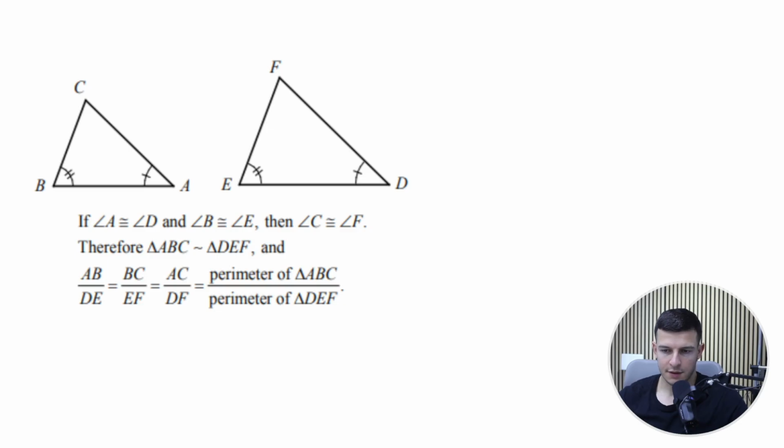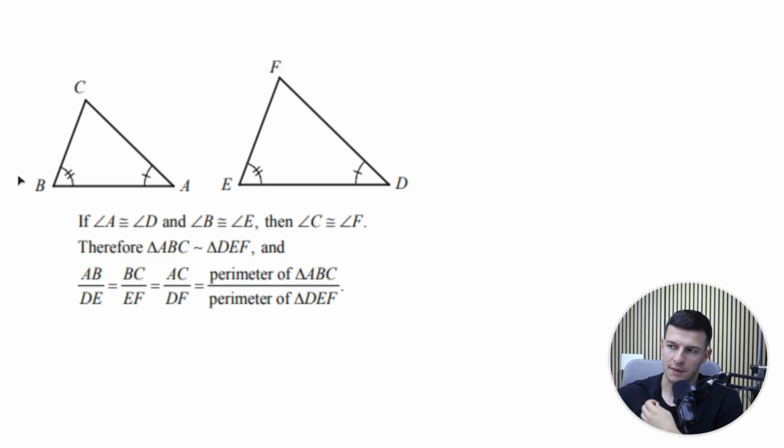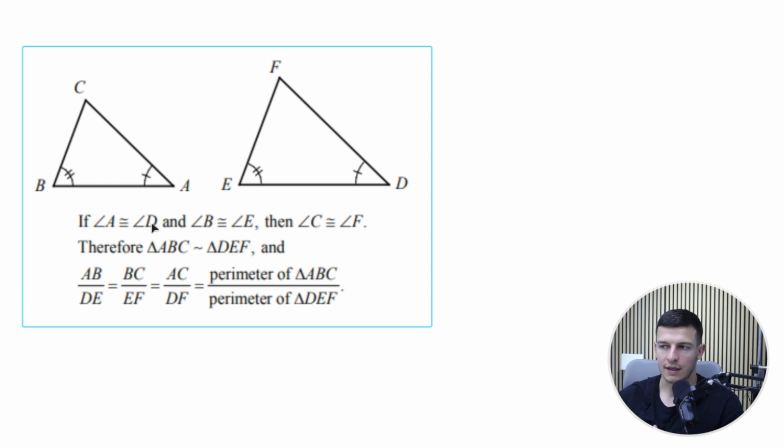Now we're going to look at the similarity of triangles. There are some rules that we can remember. If we have two similar triangles, the angles are going to be the same. You can see angle A is equal to angle D and angle B is equal to angle E. This sign here means they're equal because of the similarity, and then angle C is equal to angle F. Therefore, triangle ABC is similar